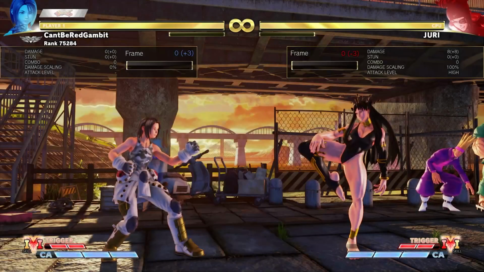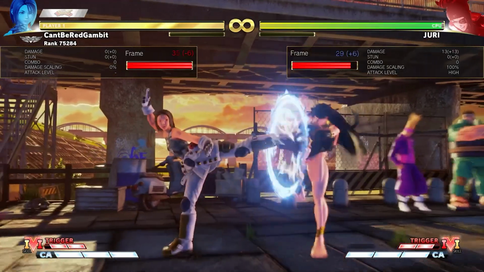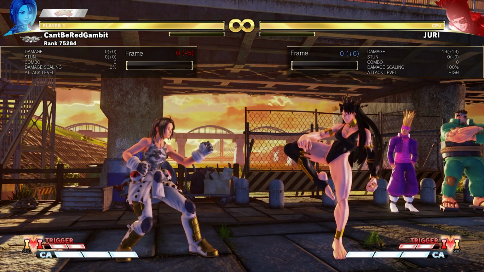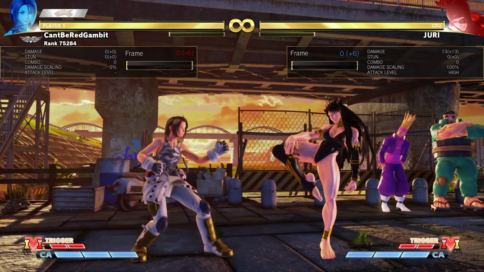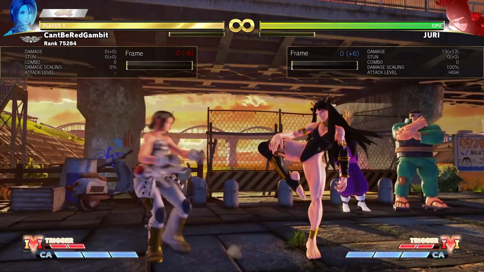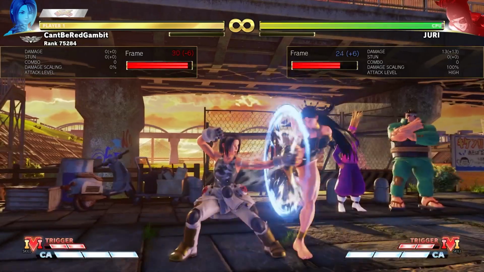Because again, even Ryu, with his 3-frame normal, cannot punish this if you space it properly. It's ridiculous. Alright, that said, talking about other heavy buttons, let's talk about heavy punches. Stand fierce, -6. It is cancelable,